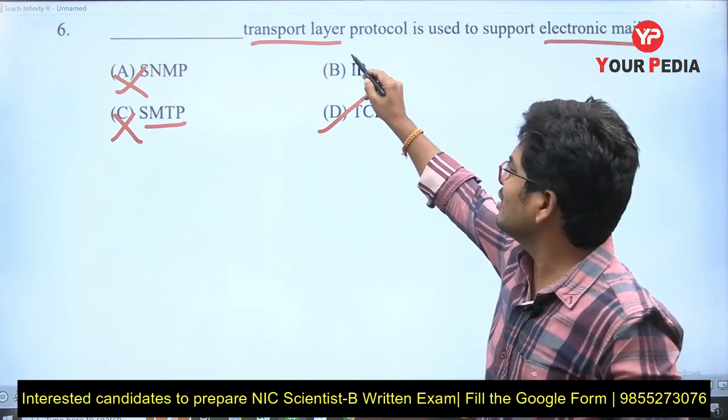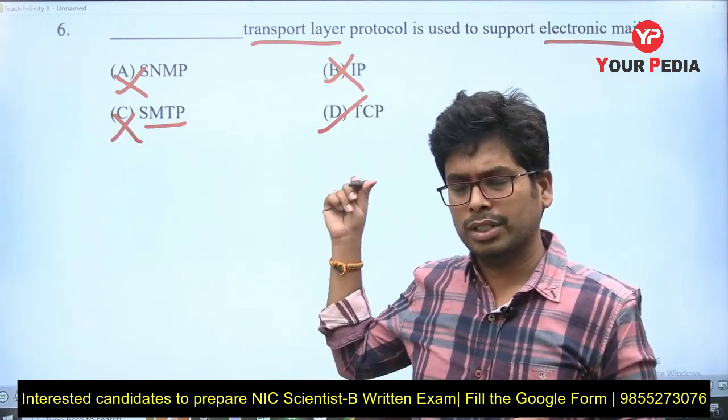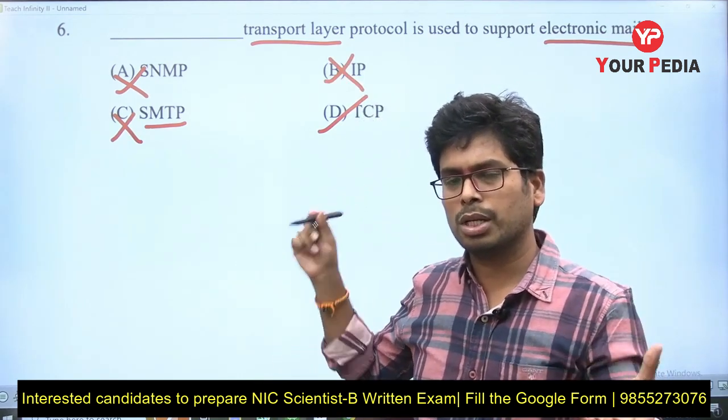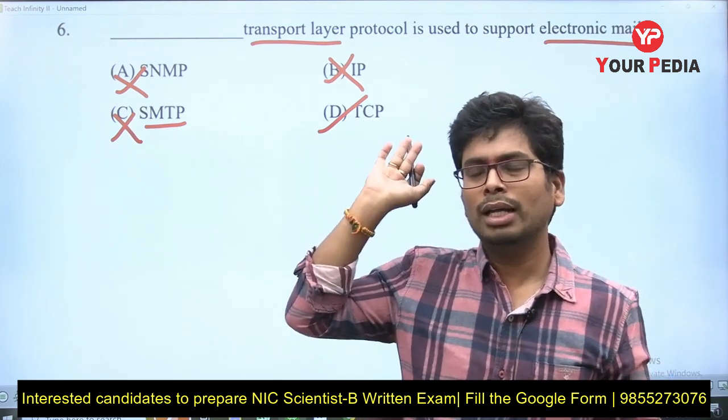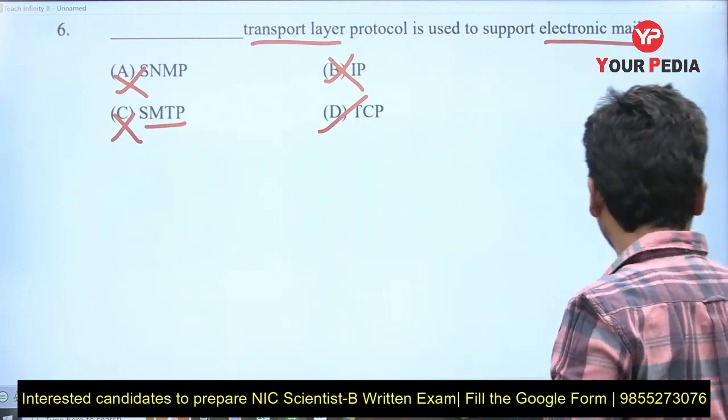And IP is internet protocol, which is used to find which IP address will be allocated for your system whenever the host is connected to the network. So the right answer is D, TCP. Next, coming for